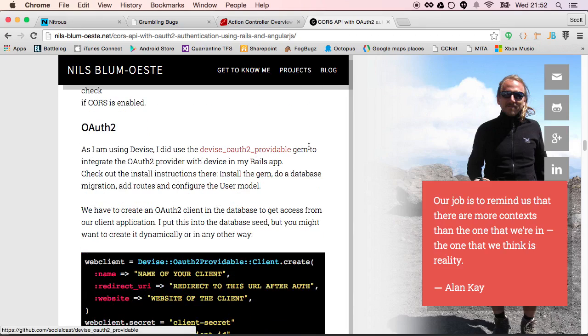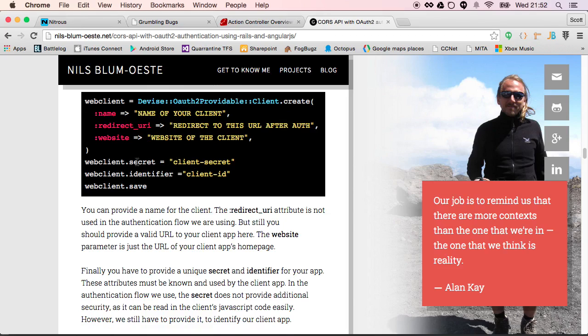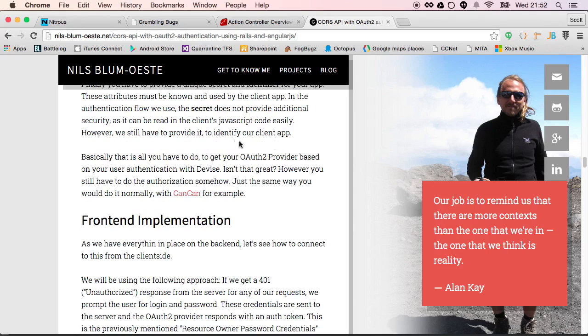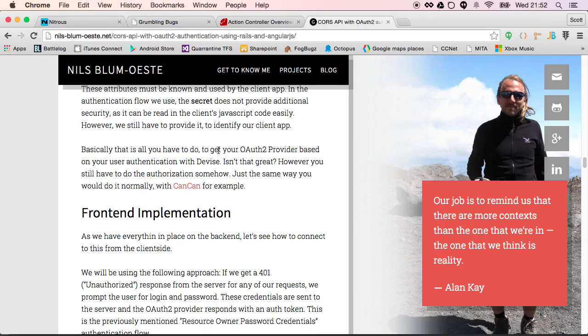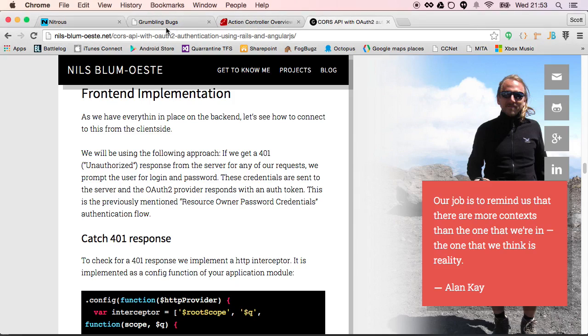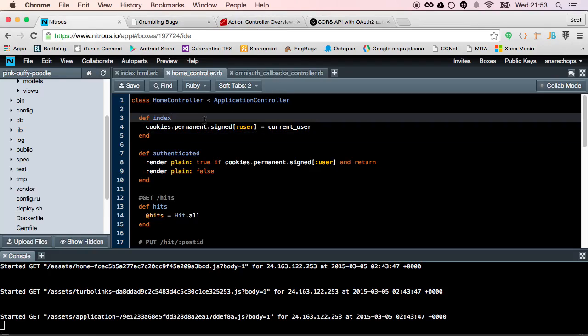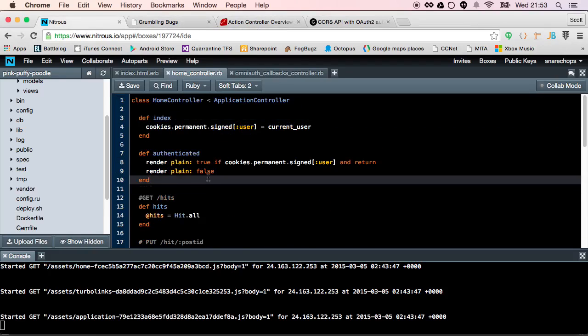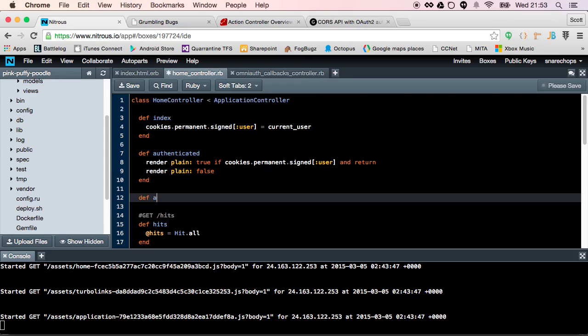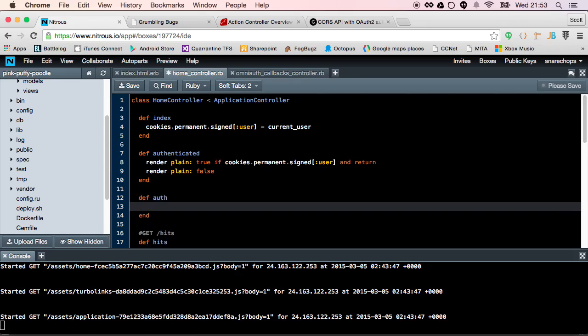Ooh, I just had another thought. Web client defines OAuth 2 providable client create. I wonder if this is kind of interesting. Okay, so I'm going to try another approach, and that approach is basically going to be, why don't I call not the actual, but we'll call a new action called def auth or something, right? And basically we're going to